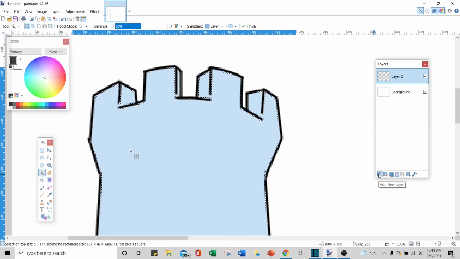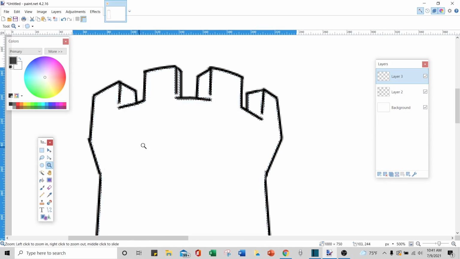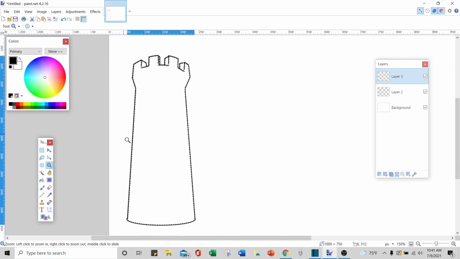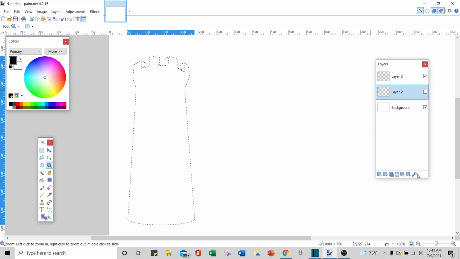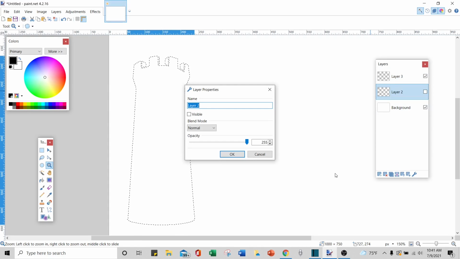So next, we're going to add a new layer. If you see what's happening here, I've got a shape selected, but without any border technically. So if I get rid of the tower we just drew, I still have this shape selected. If I need to come back and reselect this shape for any reason, I can always go back to layer 2. Okay, so to keep track of this, I'm going to change the name of layer 2 to